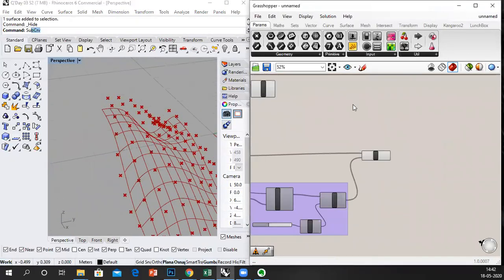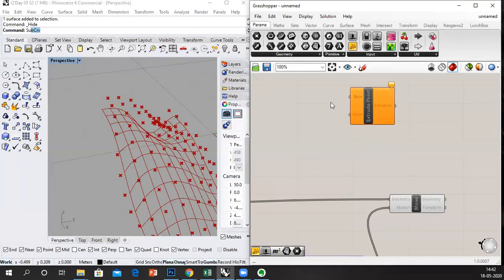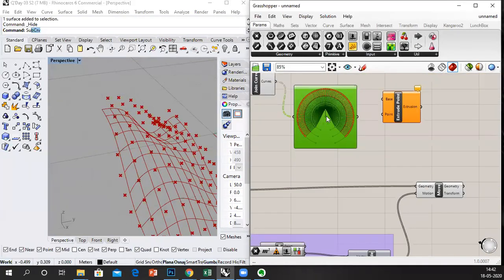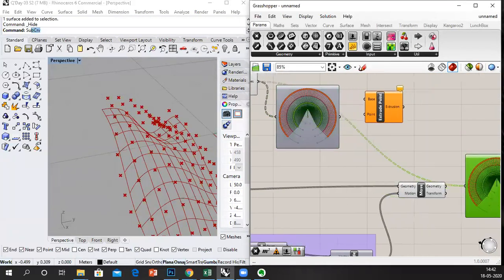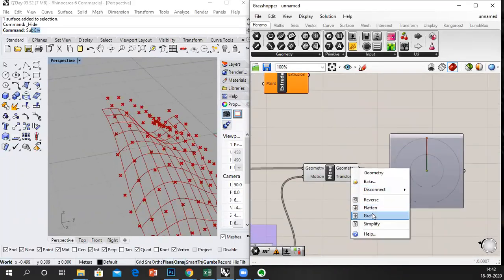and, you know, like a normal extrude to point, I can, before doing it, also check the data tree once. This is a very broad data tree. This is a single one, so I'm gonna graft it.